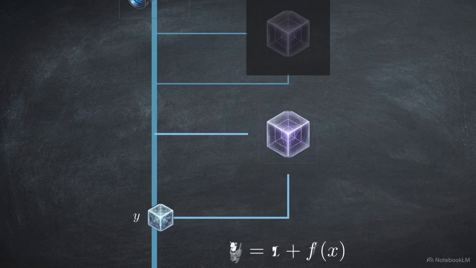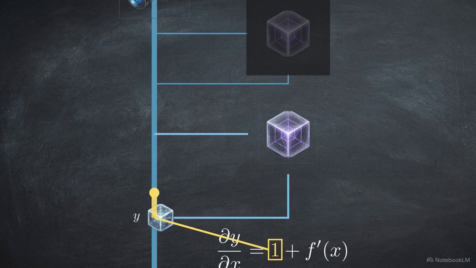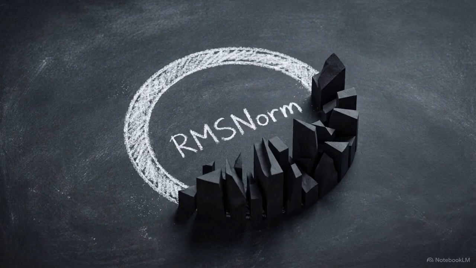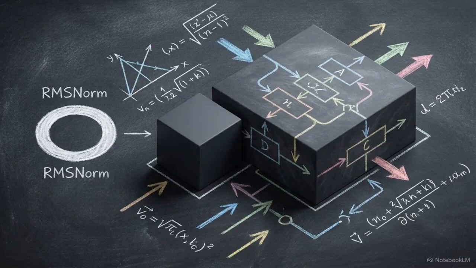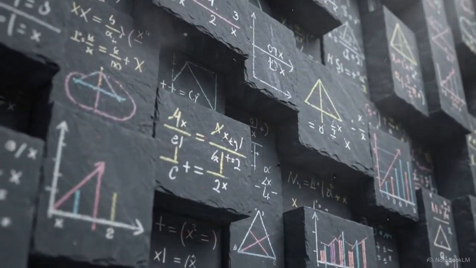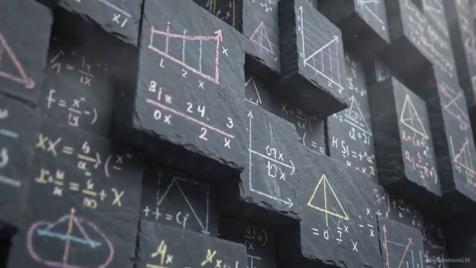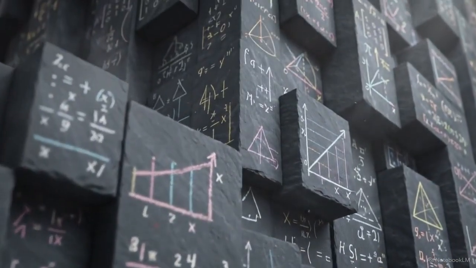Y equals x plus f of x. The derivative of this operation is 1 plus f prime of x. That 1 ensures the gradient can travel back through the network without disappearing. Before data enters a sublayer, it passes through RMS norm. This stabilizes the data's numerical distribution based on the root mean square of its elements, maintaining a consistent scale across the model while saving compute cycles compared to earlier normalization methods. The combination of a protected derivative and strict numerical normalization allows the network to scale to hundreds of layers with